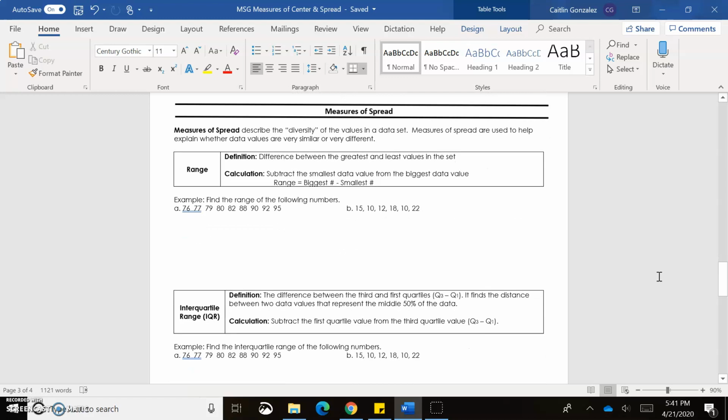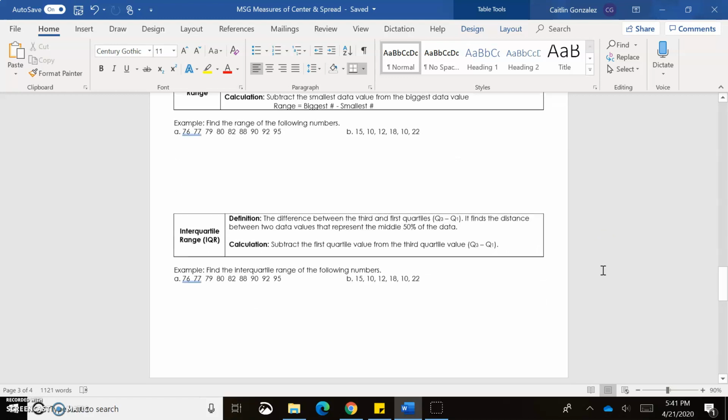Measures of spread, most of these are pretty familiar to you as well. So measures of spread describe the diversity of the values in a data set. Measures of spread are used to help explain whether data values are very similar or very different. So the first one, which should be familiar, is range. And range is just the difference between the greatest and least values in the set. So you take your biggest number and you subtract your smallest number, and it just tells you how far apart